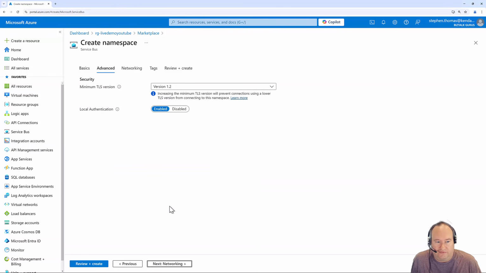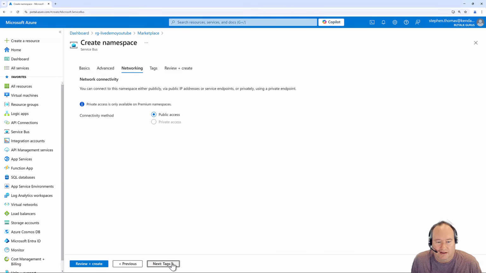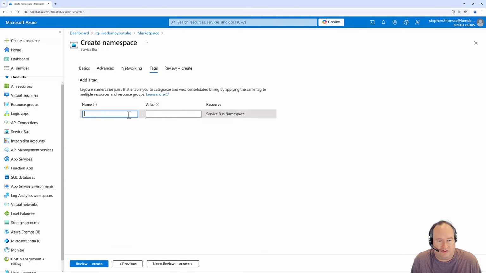Let's go over to advanced. You can select your minimum TLS version. We're going to leave that as the default. If you wanted to give this private network access and set it up on a VNet, you would have the ability to do that here. Again, this is going to be a premium only feature, so it's not going to be available for us in the standard edition. You can set your tags, and you should always set your tags, such as a cost center,